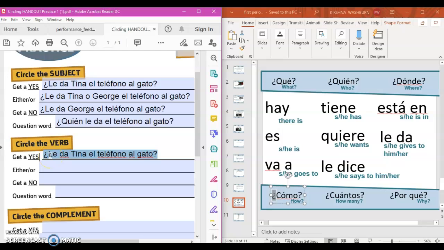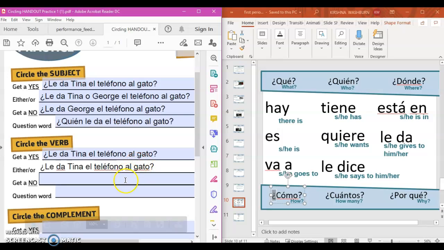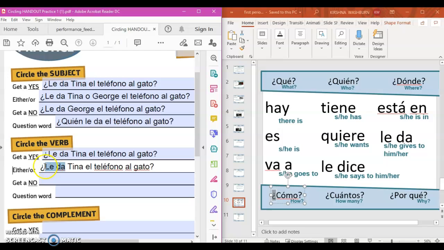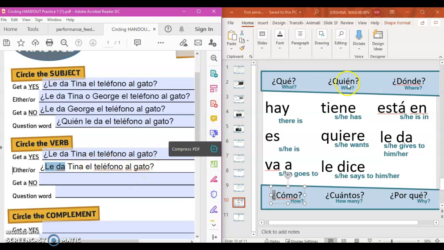All right. And we know the next one here is going to be an either-or question. All right. So we're circling the verb this time. Okay. Now this one is tricky because, like I said earlier, you don't have a whole lot of verbs to work with. So this one is going to sound almost kind of dumb. Okay. So we're going to ask an either-or question. The verb in this statement is le da, gives. All right. So we're going to say, gives Tina the phone to the cat, or